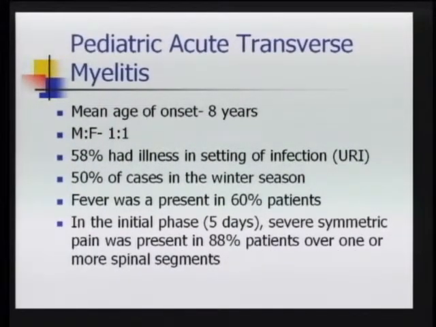The mean age of onset was about 8 years of age, and the male to female ratio is about 1 to 1. 50% of the cases happened in the winter season. About 60% of the patients had a viral URI of some sort. And fever was present in these cases in about 60% of the patients at acute onset. And then in the initial